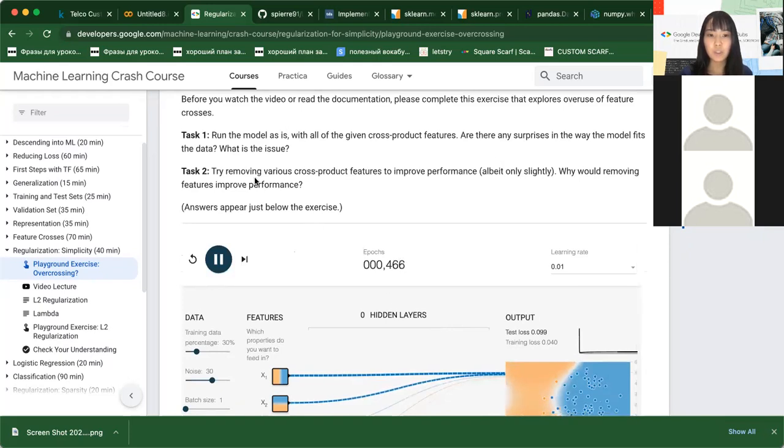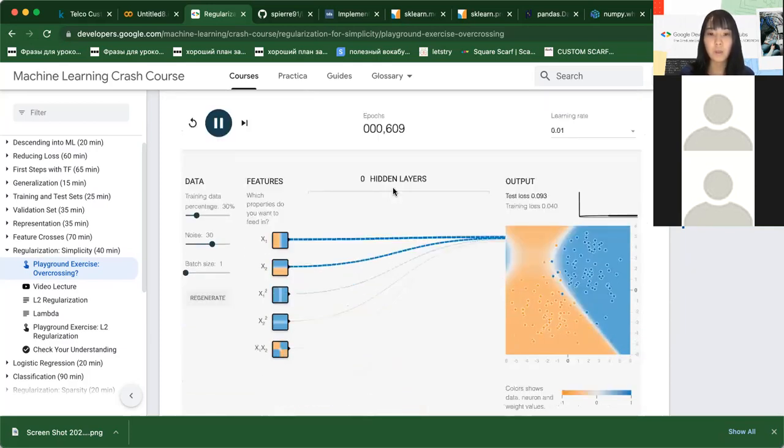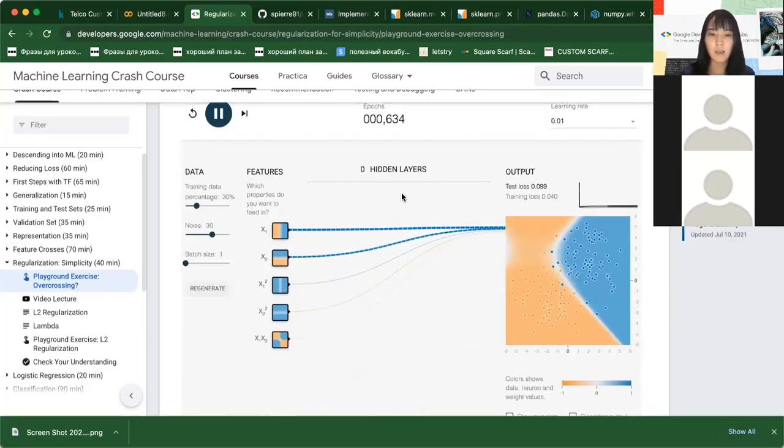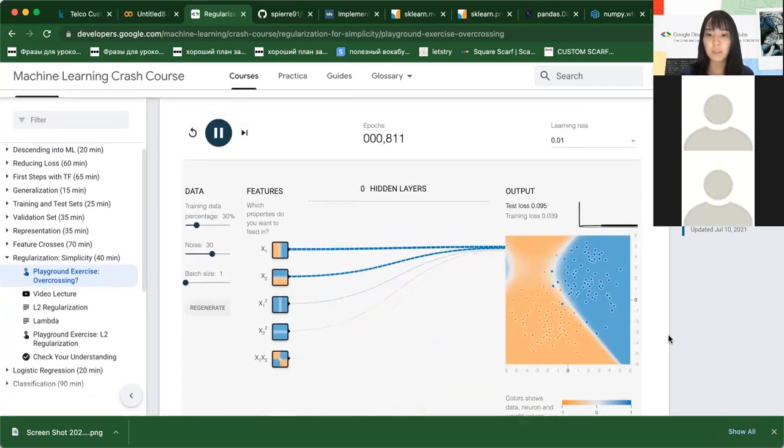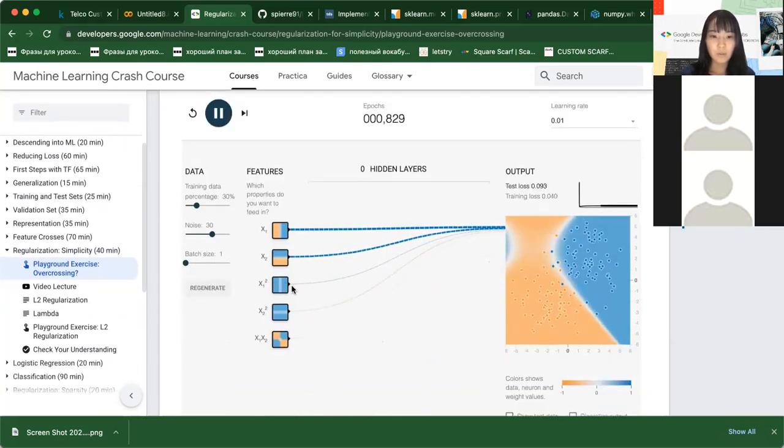And then we should try to remove various cross-product features to improve the performance. And why would removing features improve performance? So this is the question for you, just to analyze, to think about what's happening. So we have here some strange classification. We have no data points here, but somehow we have blue color sometimes, and it's not the accurate representation. Let's try to remove one of these